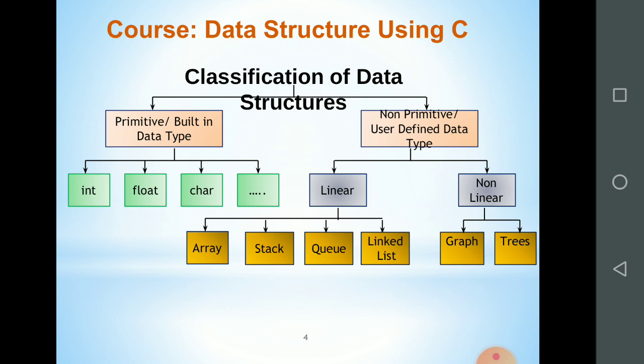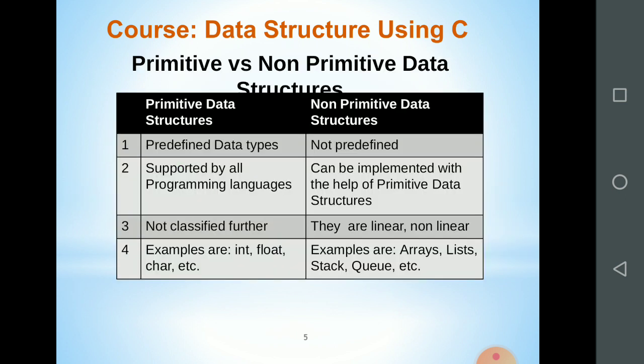So this is the classification of data structure, primitive and non-primitive. Primitive means the data types which are built in. Non-primitive means user-defined data types which are derived from the primitive data types.